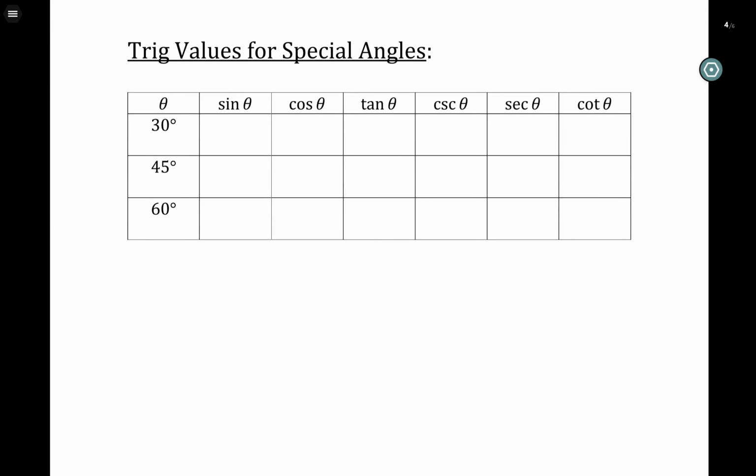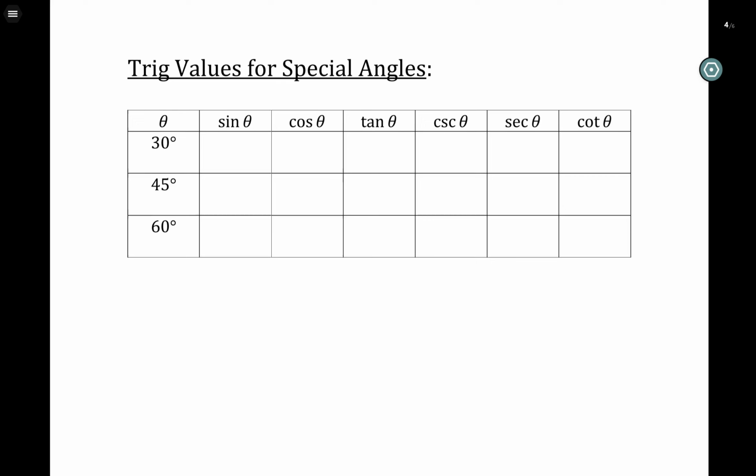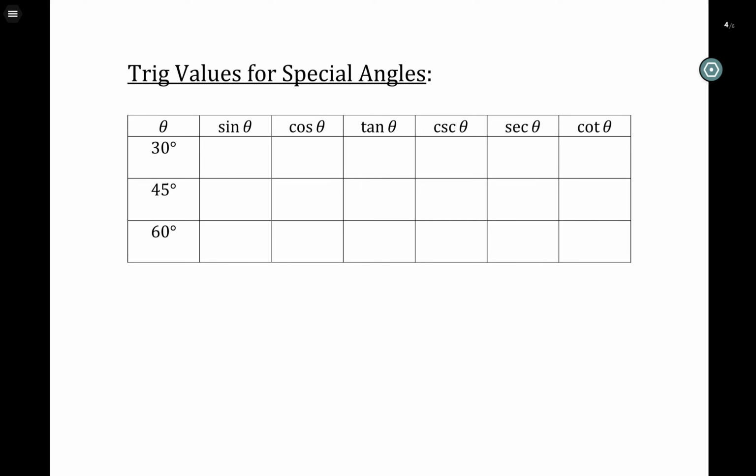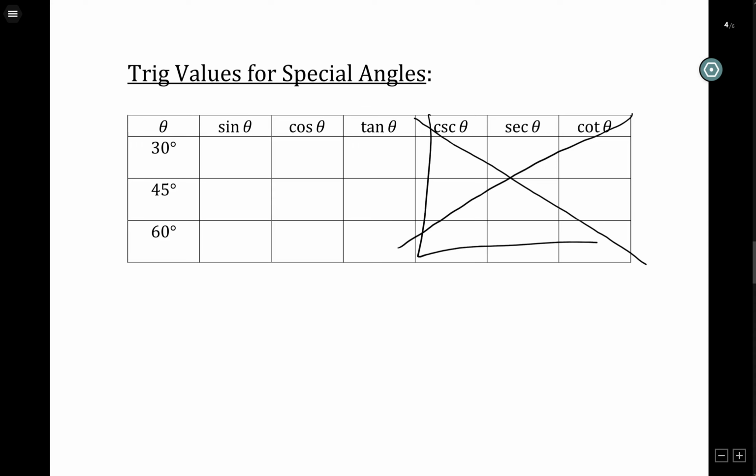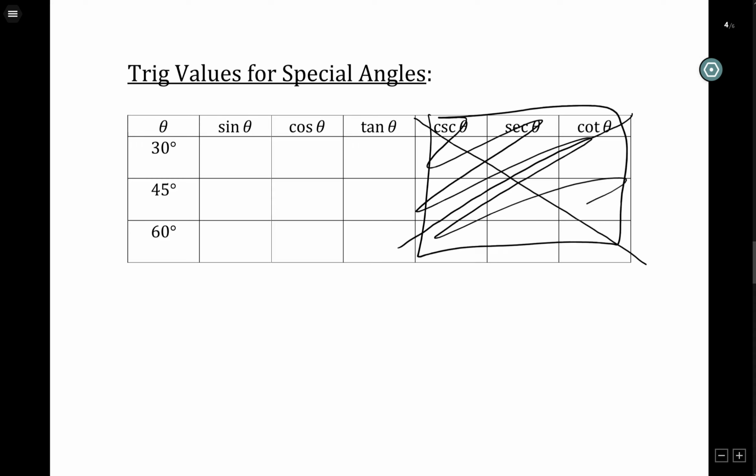Yes, there's more. Trig values for special angles. Do I need this? Yeah, I need this. Okay. Here's the deal with these trig values for special angles. I actually don't care about you knowing these. Let's get rid of them. Remember how I said that all of the triangles have the exact same ratios as long as I know what the angles are? So for a 30-degree